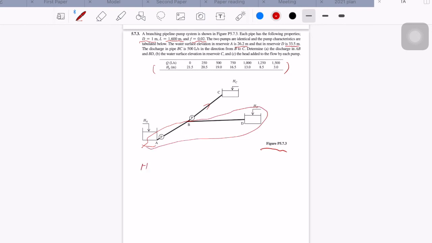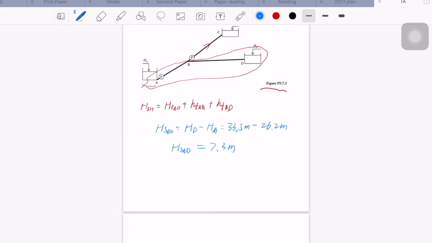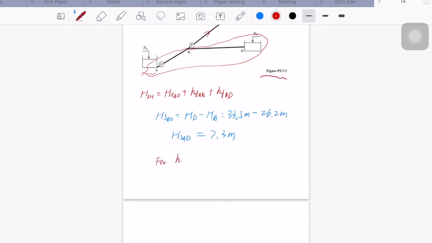So the system head HS equals HSAD plus the friction loss in pipe AB plus the friction loss in pipe BD. And from the problem, we know HSAD equals HD minus HA equals 33.5 meter minus 26.2 meter. So we know the HSAD equals 7.3 meter. And for the HFAB,